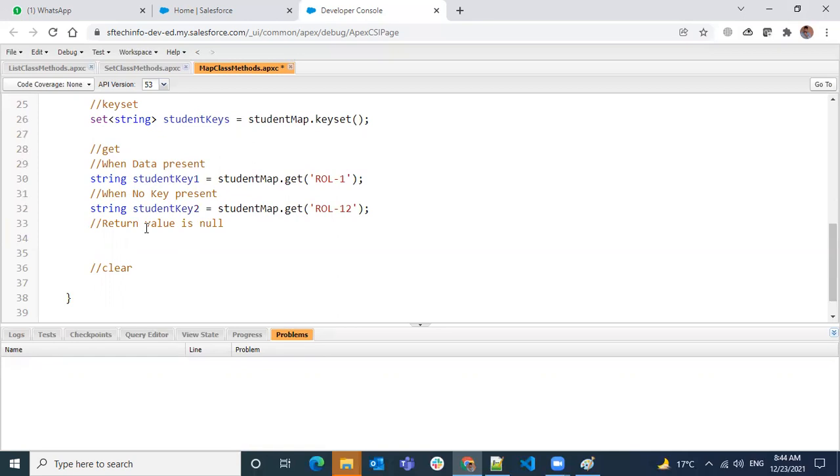Okay, now we have seen how to get all keys from a map, and if you know one key, how to get the value. And if I want to get all the values from the map, how can we get them? Can someone guess what should be the data type of it? The method we're going to use is values. That is the method we'll use to get all the values from the map. What should be the return type of this method? Can someone guess? Is it a set, or a list, or again a map?